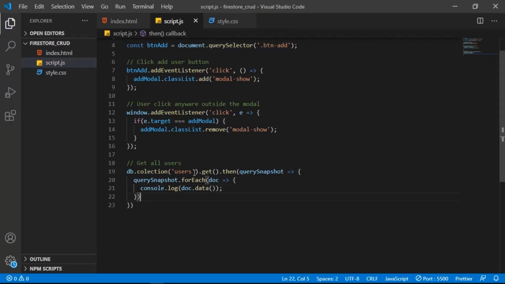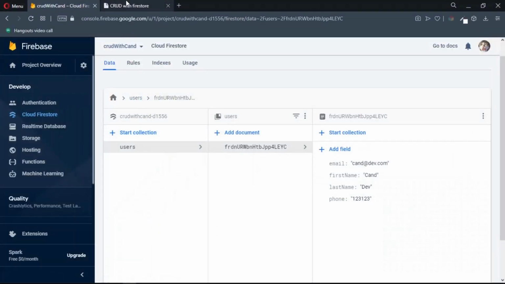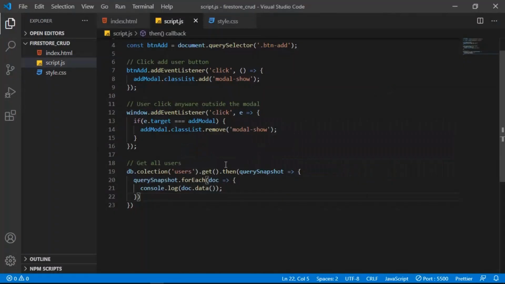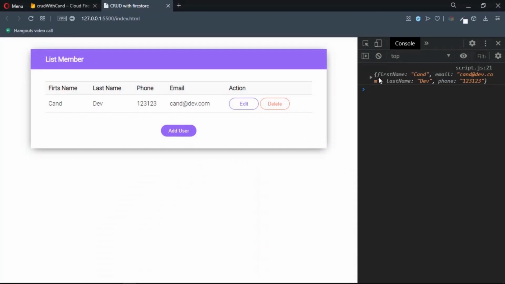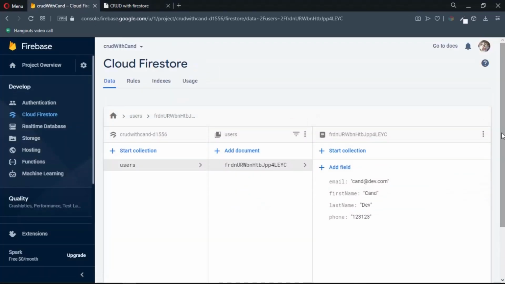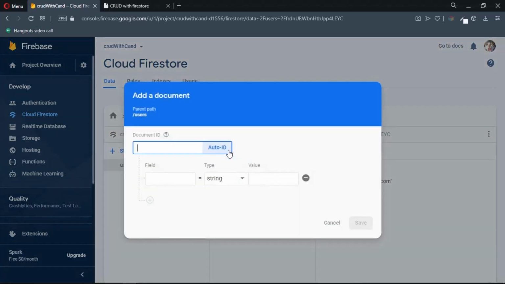Okay, so now save, and let's see in the browser. db.collection is not a function. It should be collection. Save, and let's go back. As you can see in here, we have the data right here. So we have the first name Chan and last name Dev, the phone number, and the email. This comes from Cloud Firestore. Okay, so if I add another document in here, just say auto ID,